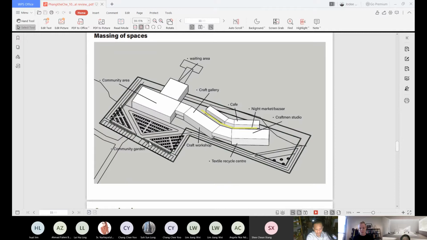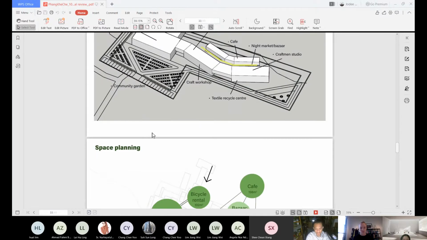So we start with the community garden, and then the community area. Going to the first floor is the craft gallery, craftsman studio, textile recycle center, and here will be the space for the night market, cafe, craft workshop, and the community garden.